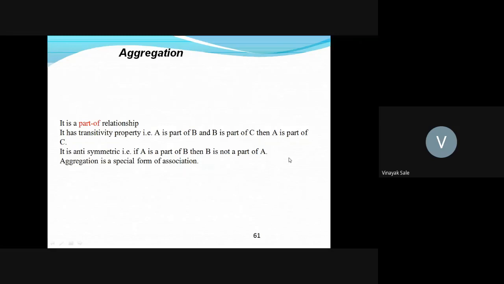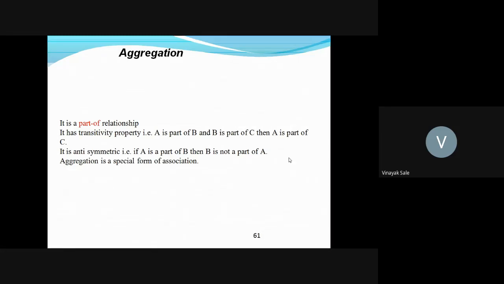Then the next part is aggregation. Aggregation is a part-of relationship. It has the transitivity property, that is, A is part of B, B is part of C, then A is part of C. It is antisymmetric, that is, A is part of B, but B is not a part of A. It shows the part-of relationship, the property of transitivity, and the property of antisymmetry.